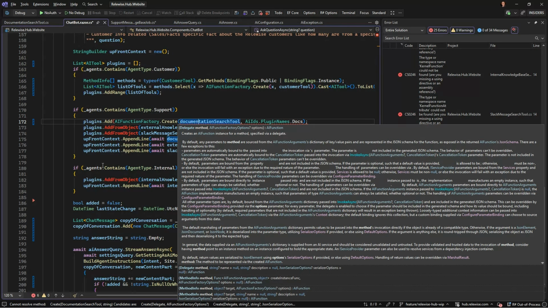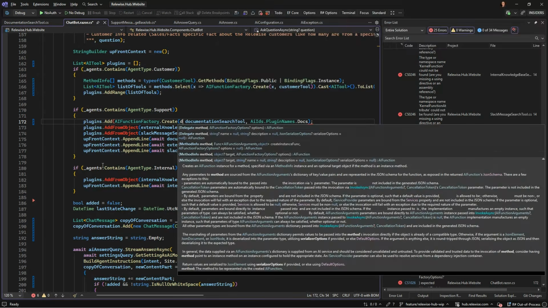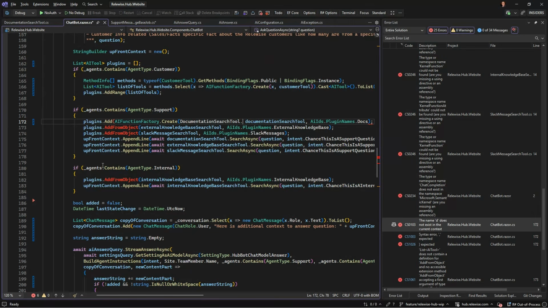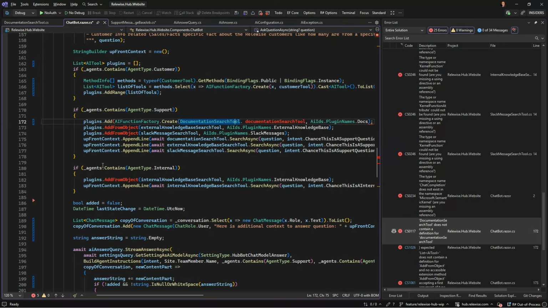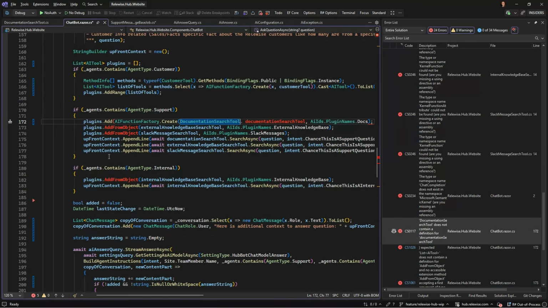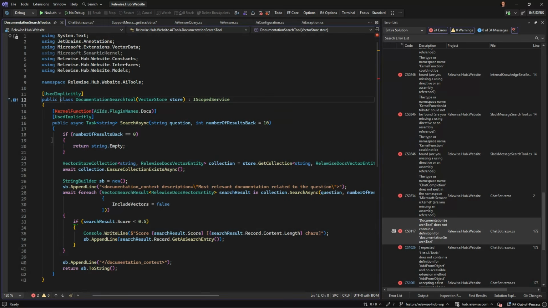And it's probably easier just to say customer documentation tool dot, let's see, it has the... oh, they need to be static now, and I can get rid of that one.